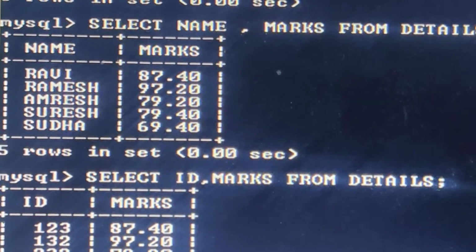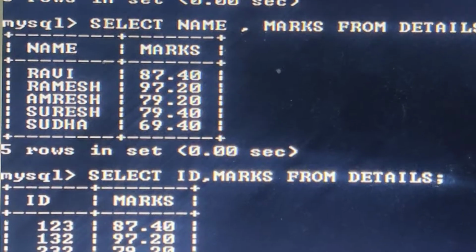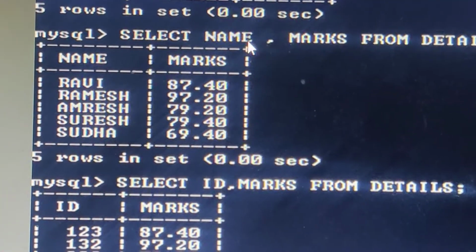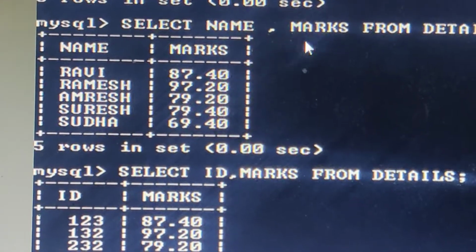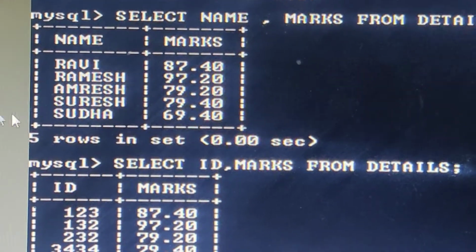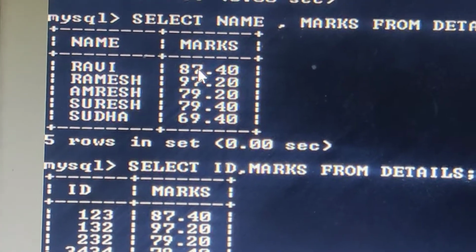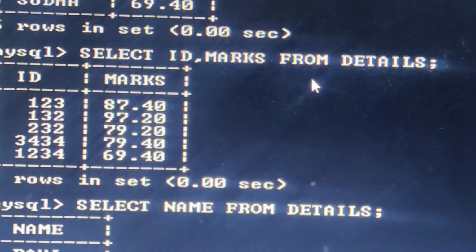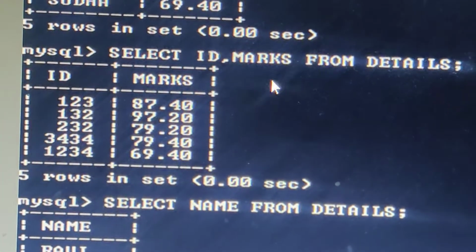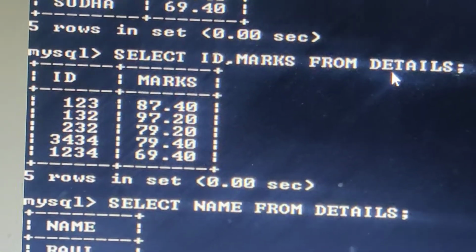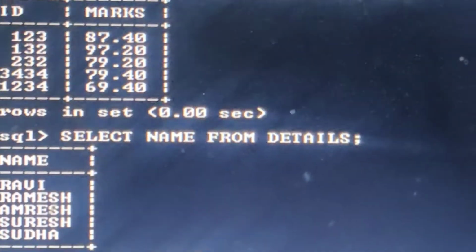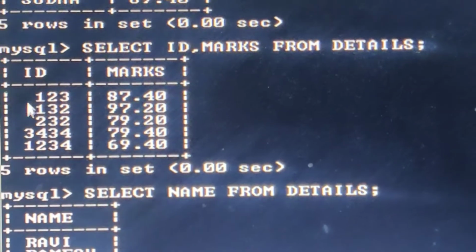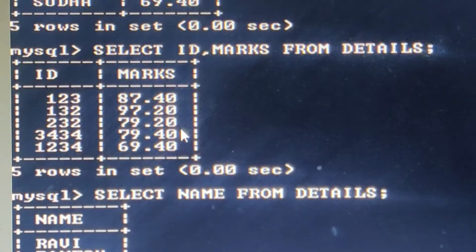We want to see only a few columns, so name, marks, and it has come. If I want to see id and marks from the table details, then select id comma marks from details. It will display id and the marks.